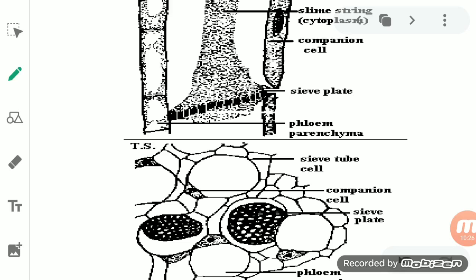Okay, and that is why xylem and phloem are known as conducting tissue, because they help in conducting the materials, the substances, from one part of the plant to the other. So whenever the term conducting tissue is used, we are talking about xylem and phloem, as they help in the transportation of substances from one part to another.